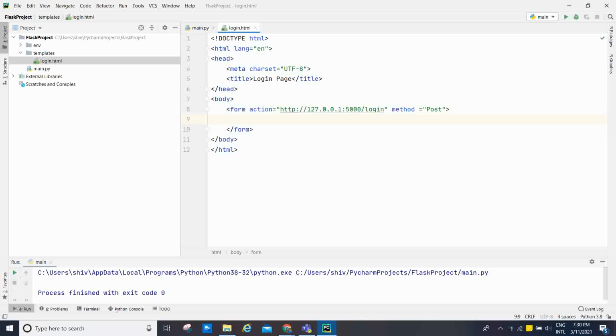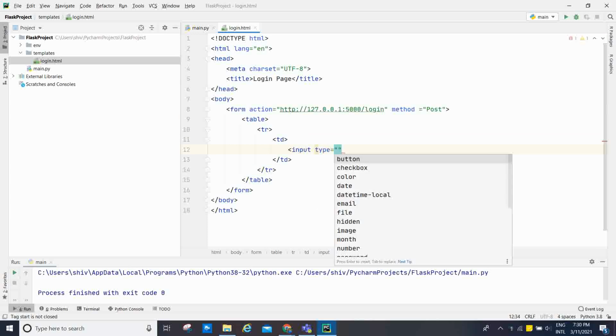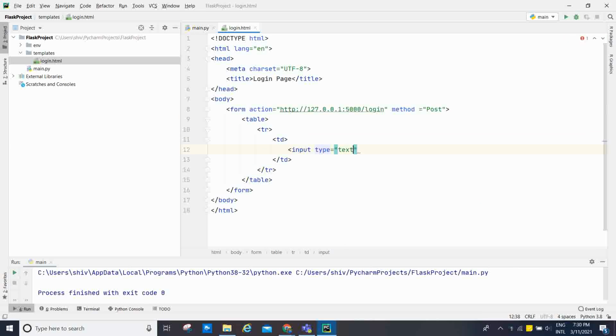Close form. I'm going to create a table, tr, td, and in the td basically the input type equal to text, name equal to uname.